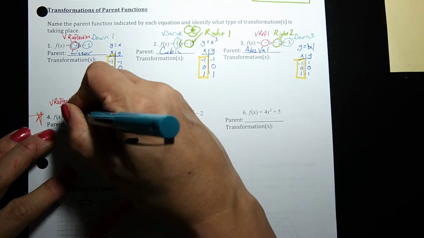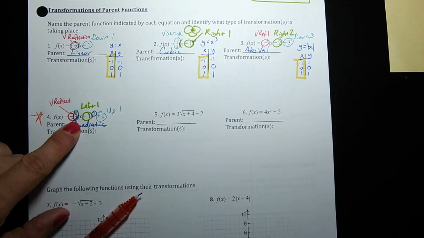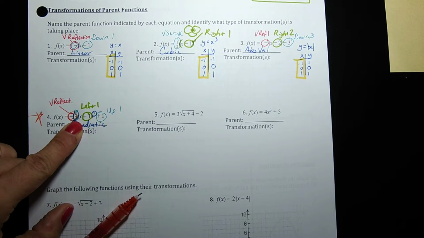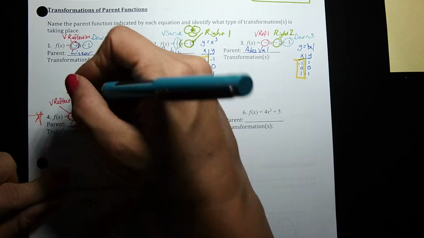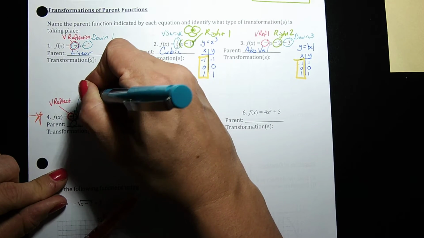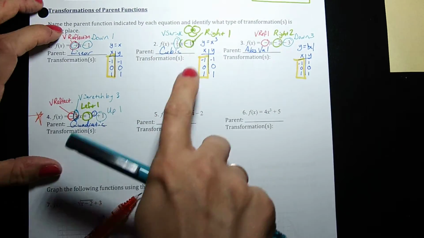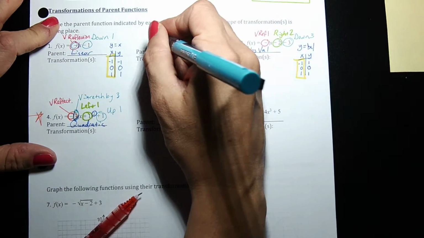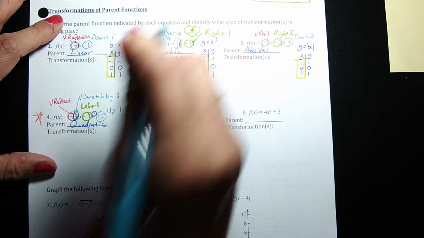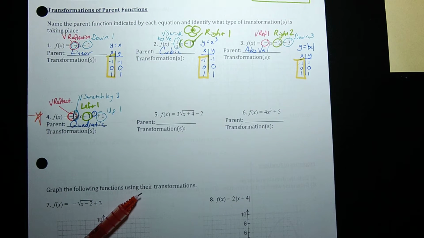But then I consider the 3 itself separately. Is that 3 a stretch or a shrink number? That is stretch, so vertical stretch by 3. And folks, actually on this one, when I said vertical shrink, I should include the by 1/2. Including the by 1/2 or the by 3 is important because that tells you how you are going to start